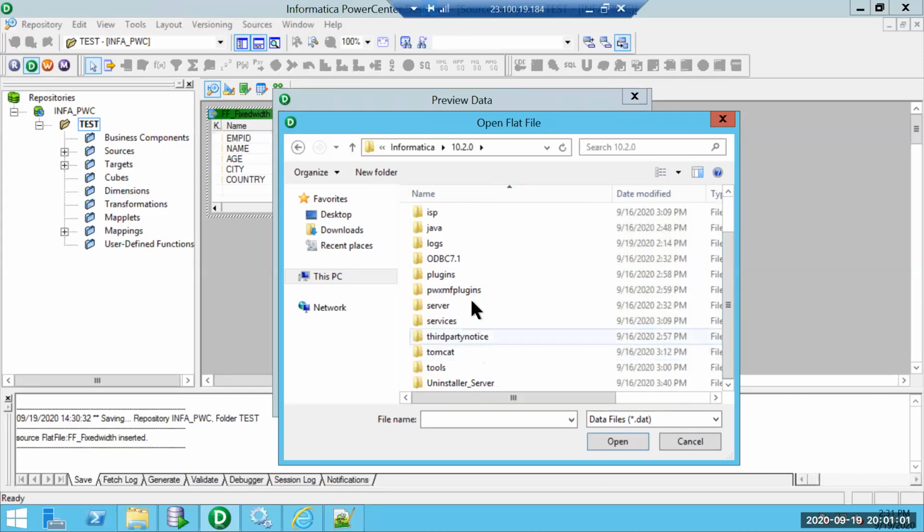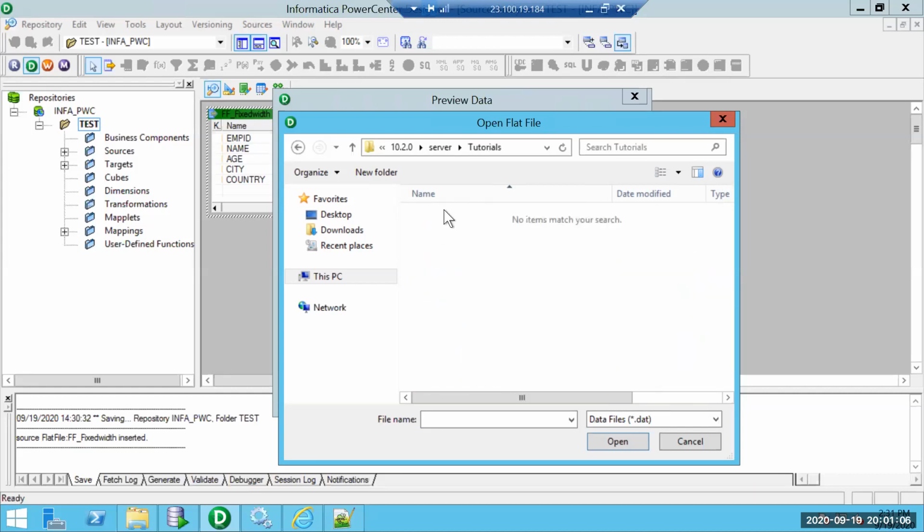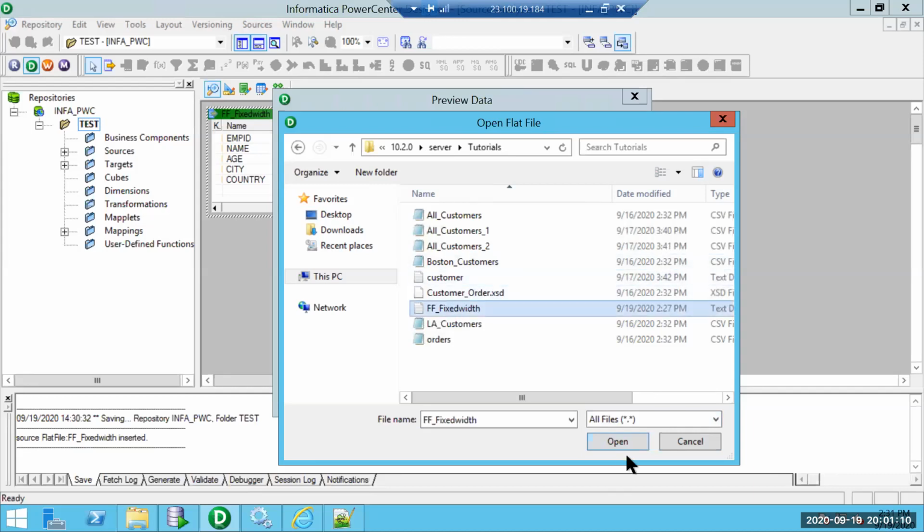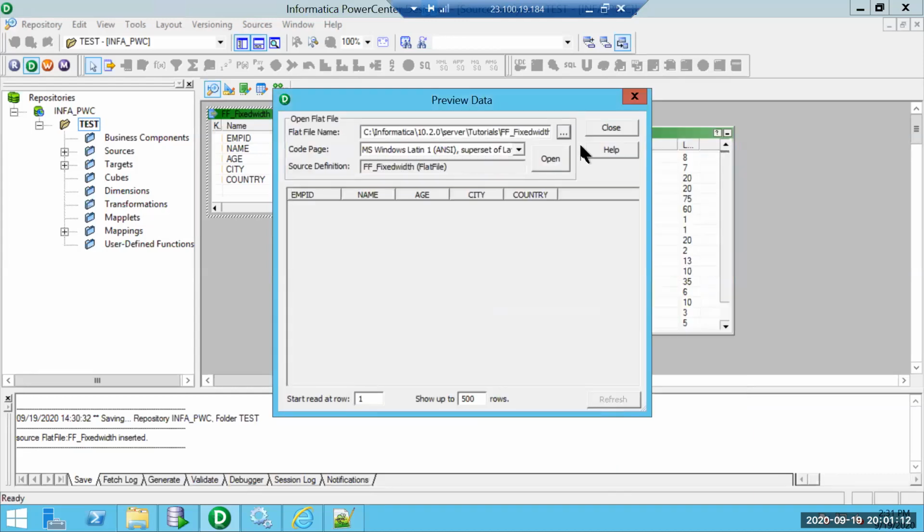So in this case, my file is present in tutorials. I need to change it to all files, choose FF fixed width. Now I click on open. It is properly distinguishing. We can remove the leading and trailing spaces, left and right, using LTRIM and RTRIM. However, it is properly reading.